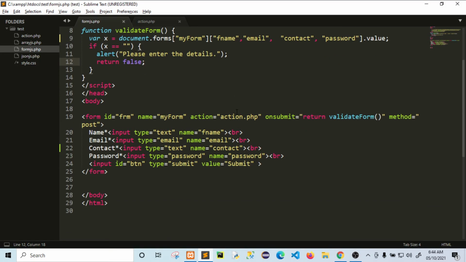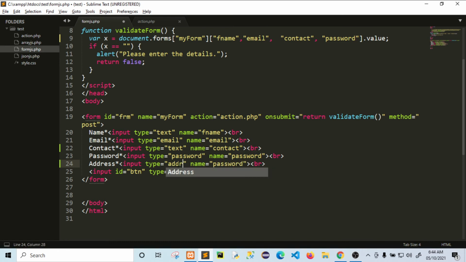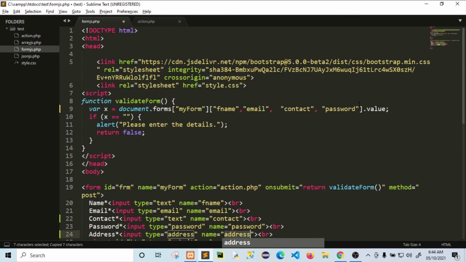If we create one more field, address, and we will use address in the JavaScript form here.